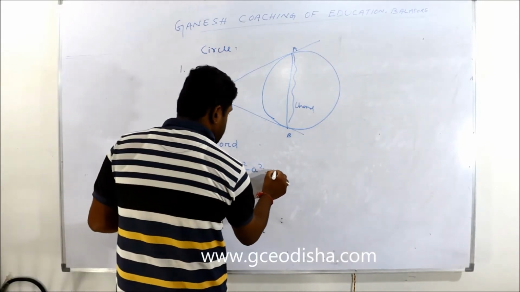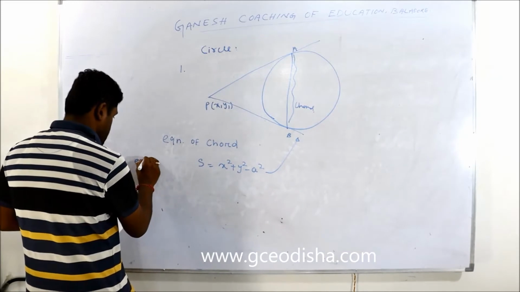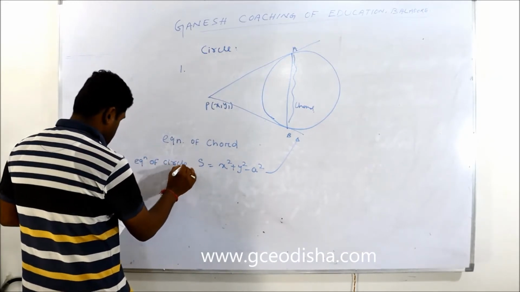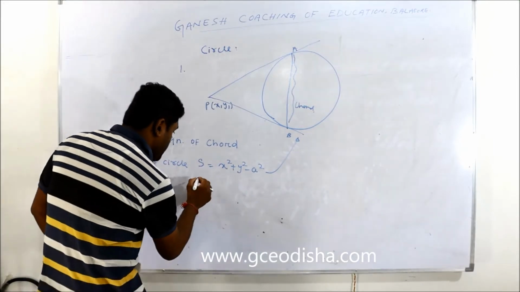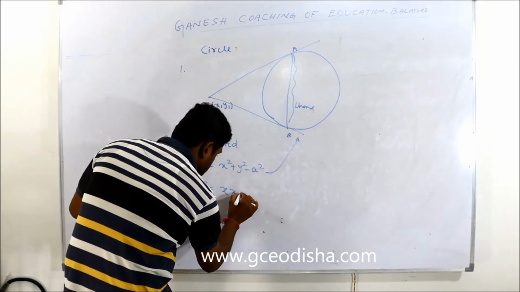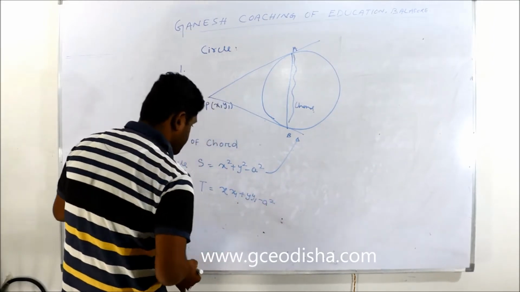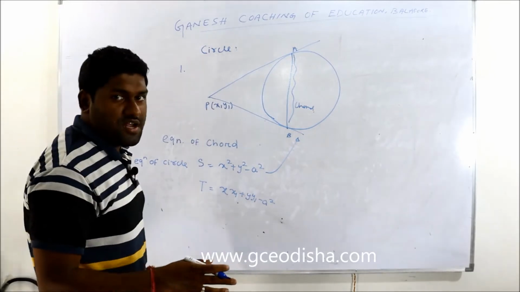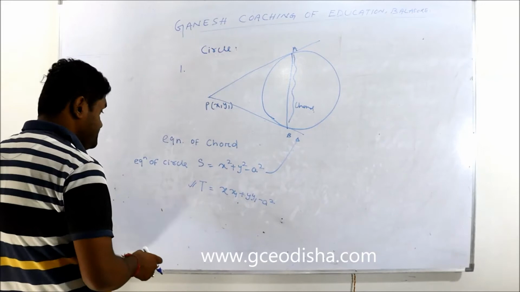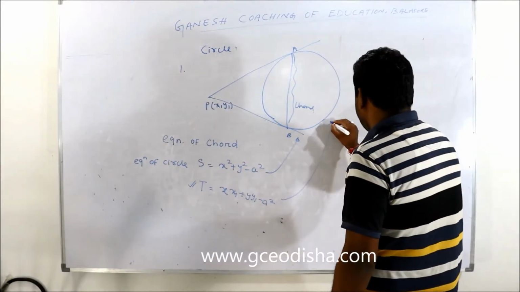This is the equation of the circle. Right. And what is the tangent? I told you, xx1 plus yy1 minus a square. This is the equation of the tangent. Yesterday in class I told you. Okay, then the equation of the chord will become